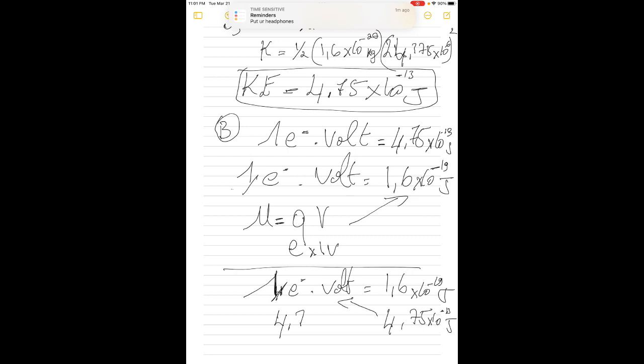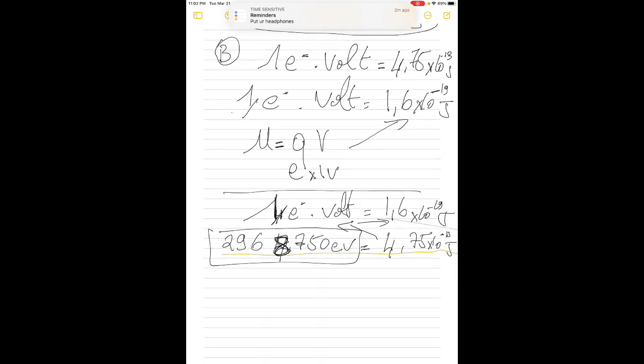We can do the crisscross formula. So we're gonna multiply by 1 and divide by 1.6 times 10 to the minus 19 joule, and this one will give us 29,687.50 electron volts. Okay, and from here, we know that